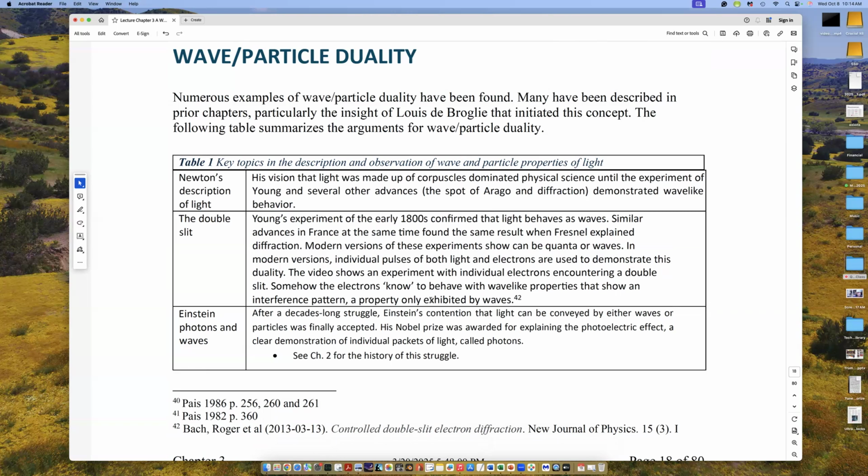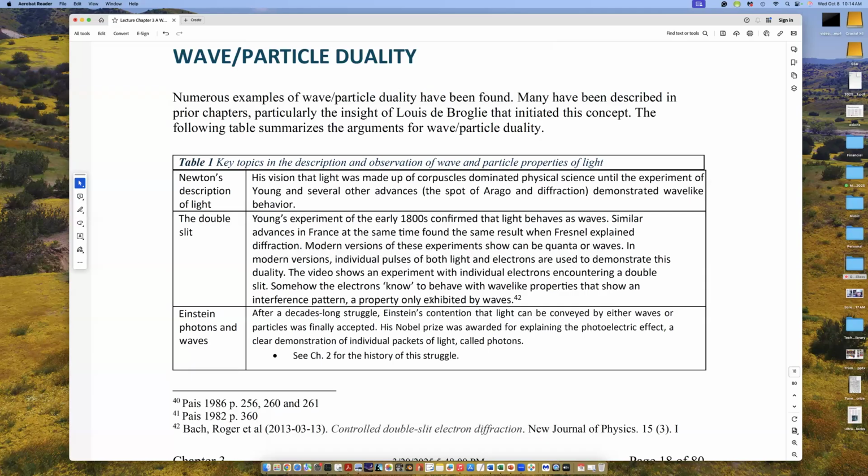Prior to that time, Newton had asserted that light is particles he called corpuscles. So both theories had standing through the early part of the 1800s. In the 1860s, James Clerk Maxwell created a description of electromagnetic waves that we still use today. And that led emphasis in the direction of wave-like properties of light as opposed to particles.